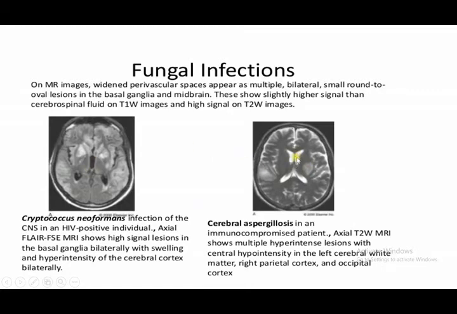These are T1 weighted images because CSF is black. This is a T2 weighted image of MRI which shows white CSF. On this T2 you can also see hyperintensities in the white matter of the brain, while here in white and gray matter of the brain. So there is hyperintensity involving the right parietal cortex, while you can see these hyperintense lesions in cerebral aspergillosis as well. Again, this is a complication of immunocompromised patients.